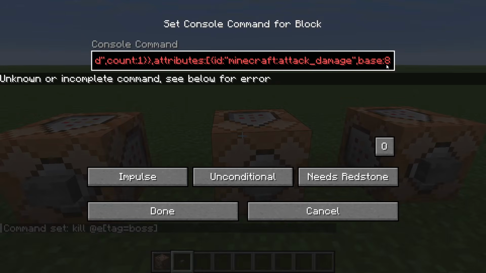I think I said, yeah, 8. So now what this will do is set the attribute of the zombie's attack damage. Instead of the default value, now it's going to set it to 8, which is super cool. So anytime he attacks me, he's going to do 8 damage rather than the normal amount that a zombie does. So we'll end up dying in like 2 hits rather than 4 or 5 hits, which is kind of interesting,